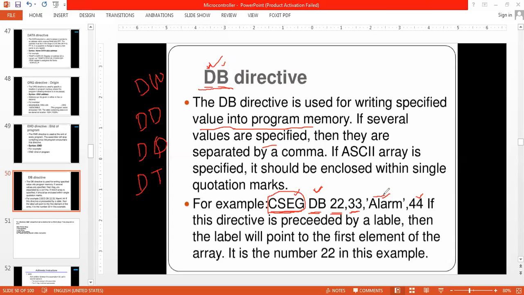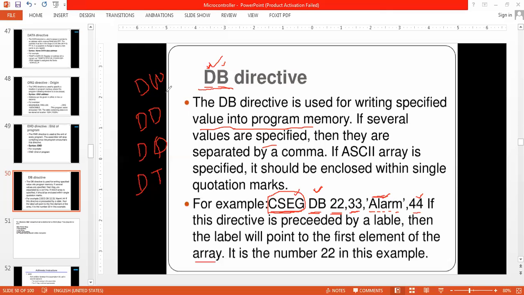ALARM is going to be an ASCII array, ASCII symbols. So A is stored into CSEG 2, L is CSEG 3, then CSEG 4, CSEG 5, CSEG 6, and 44 is stored into CSEG 7. Is it understood? It is an array.